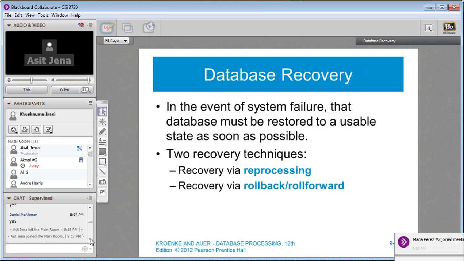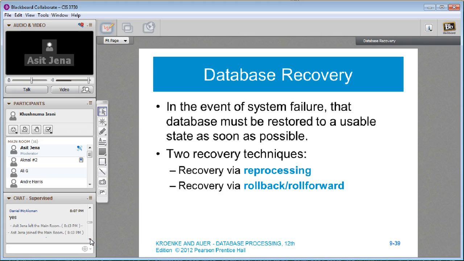So what exactly happens? Whatever the book says, if there is a hardware failure, most databases are backed up to another server. So you have a primary server and a backup server. Depending upon the application, it might be backed up every night, every hour, every 10 minutes, every 5 minutes, or even in real time. If one of the servers goes down or the hardware fails, we immediately switch to the other one and recover the content from the backup server, and we build a new server and recover the data.